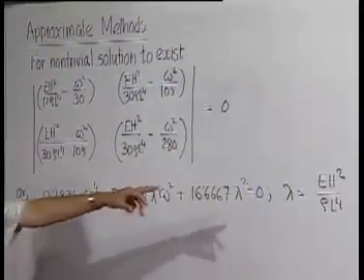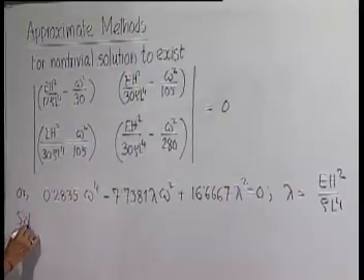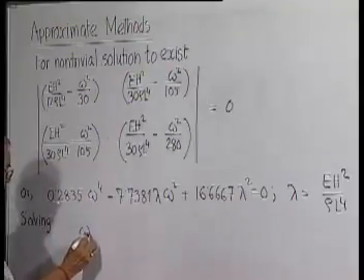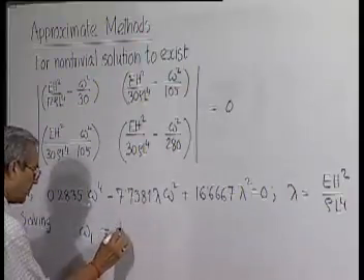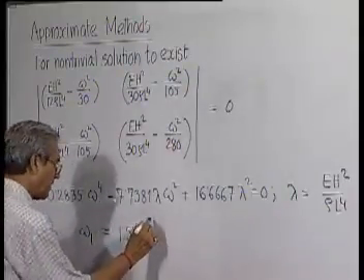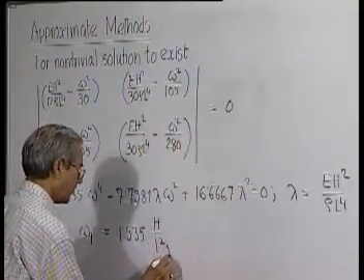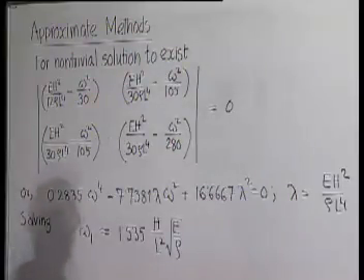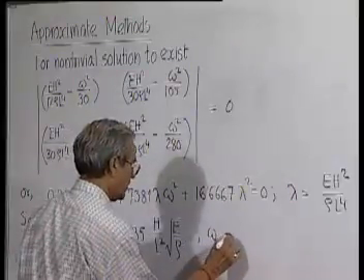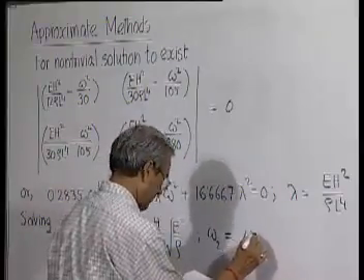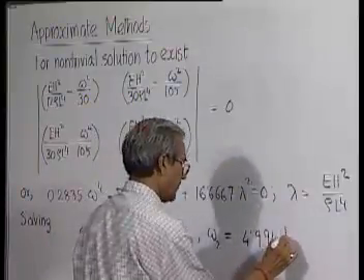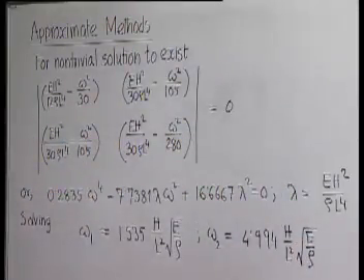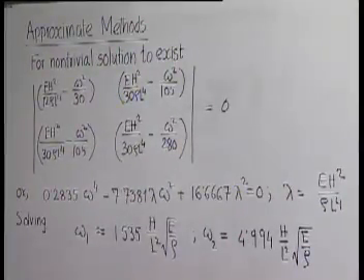Lambda is just a short form, where lambda is equal to this. Solving this equation, we get two values of omega square, and one value is omega 1 equal to, this is the first mode frequency, and omega 2 will be, we get the second mode frequency also, which is approximately 5. If we try to compare this,